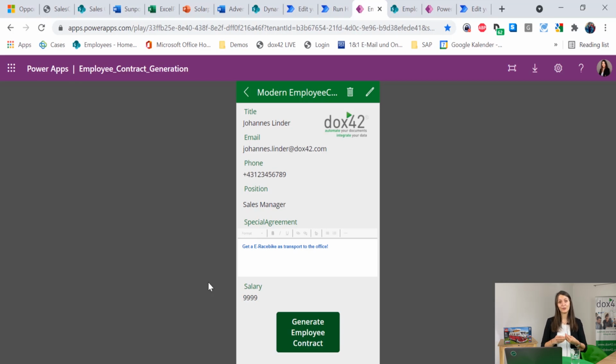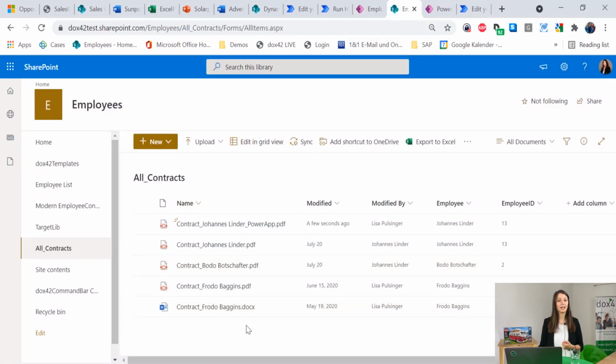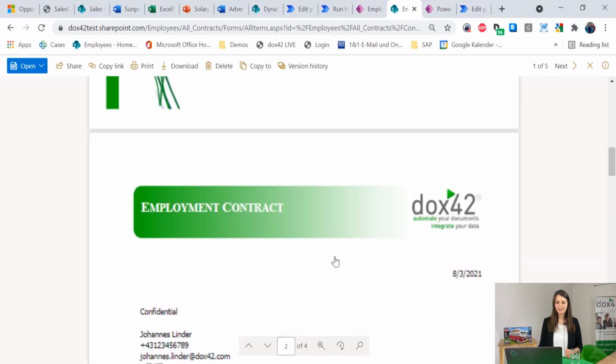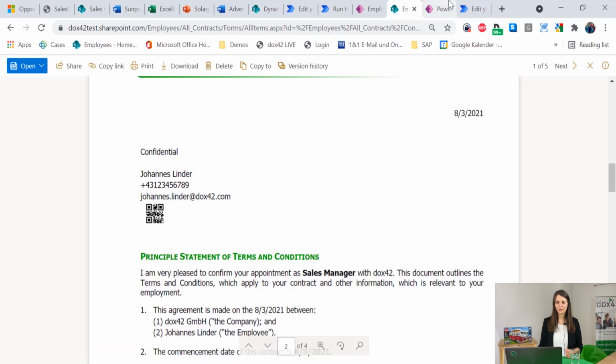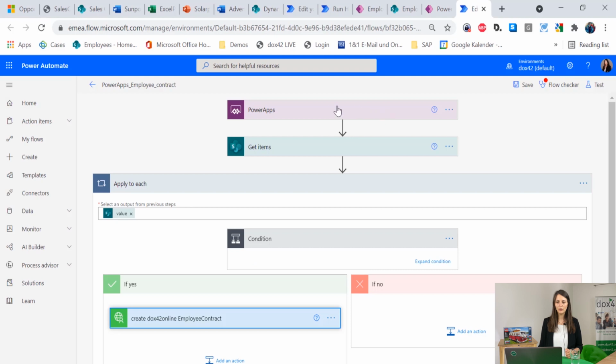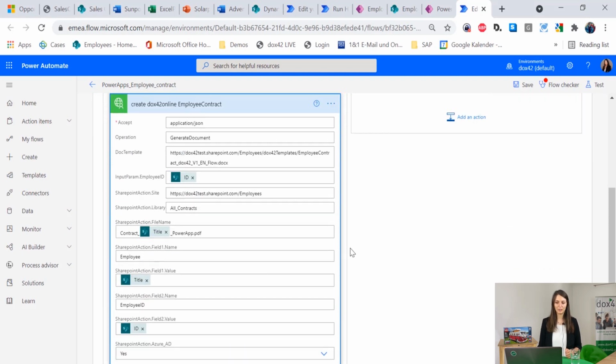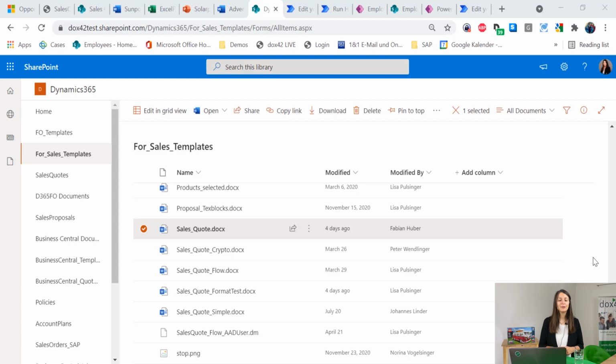And now once again, the dox42 connector is taken, the document is generated, and in that scenario it's stored once again on SharePoint. Also in that scenario, the template is taken with data only coming from SharePoint. So here we have the contract for Johannes Linder, and he is a sales manager. And if we have a look at that flow, we can see here Power Apps gets the items from SharePoint and then it creates a document with data from SharePoint. So what it shows is, it's really up to you which data sources you're using. If you're using dox42 directly or if you're using a Power Automate connector, dox42 can generate all your documents for you. And now one last thing for the demo is that we're going to have a look at